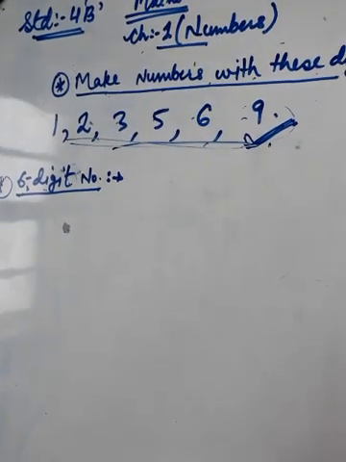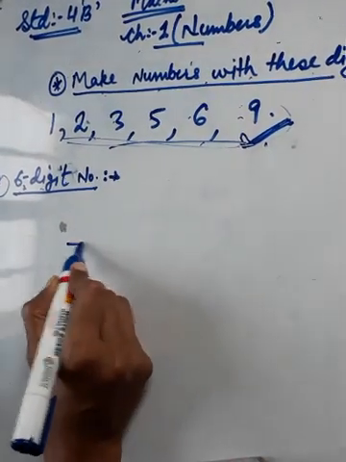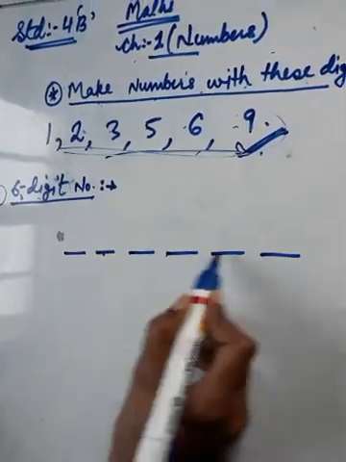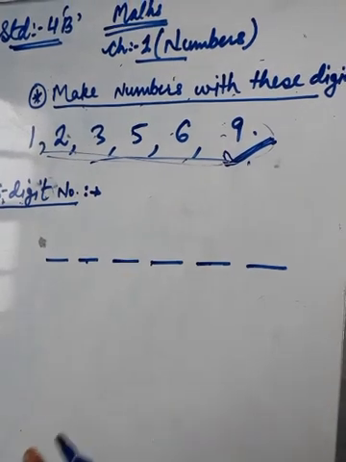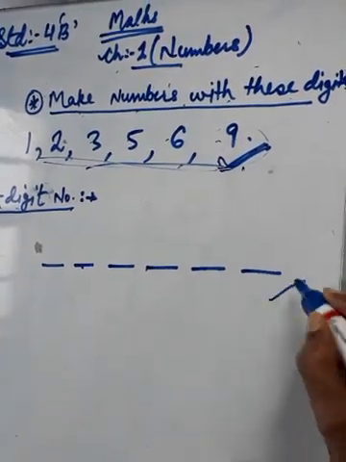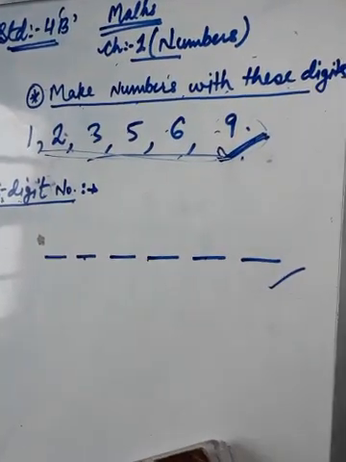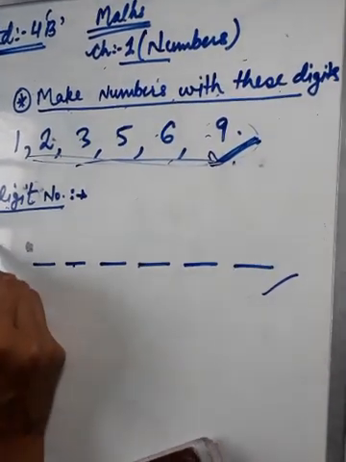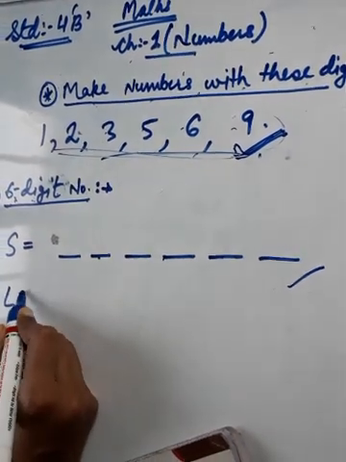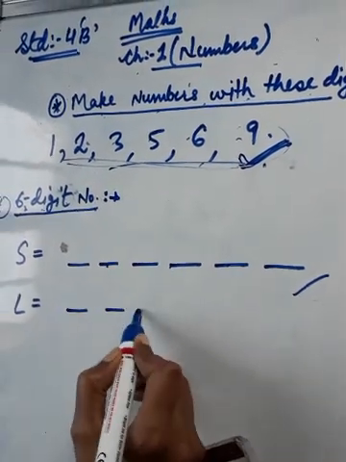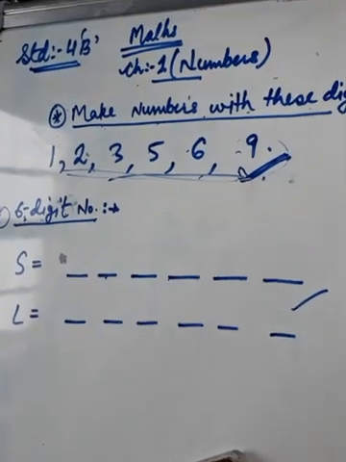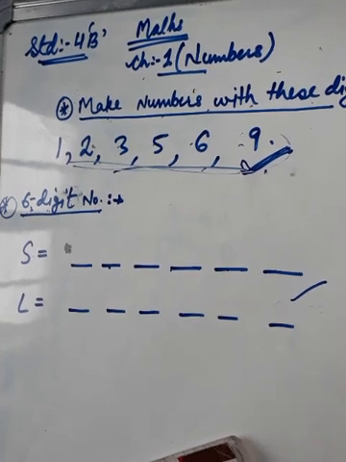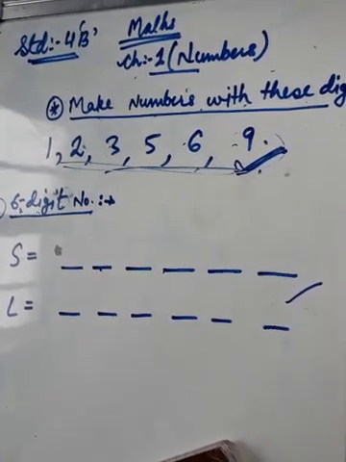6 डिजिट नंबर बनाने के लिए आप क्या करेंगे? First of all, मार्क 6 डिजिट: 1 2 3 4 5 6. So I have made 6 digits, 6 places where I am going to make the smallest and the greatest number, for smallest also and for largest also, because your question demands smallest as well as largest. So students, I am going to make both.